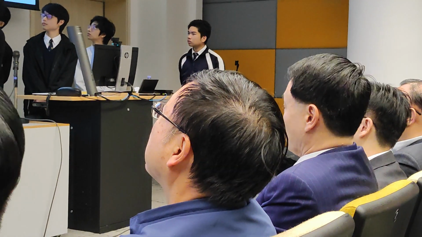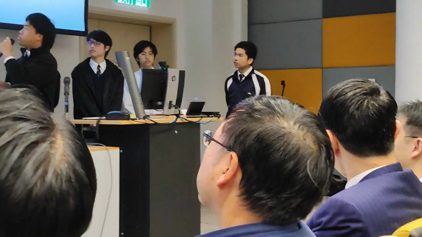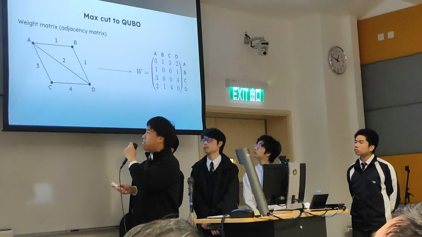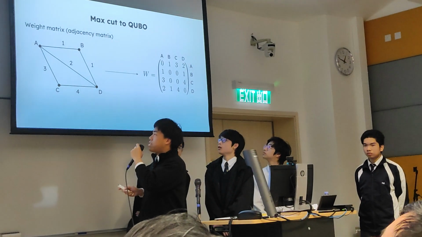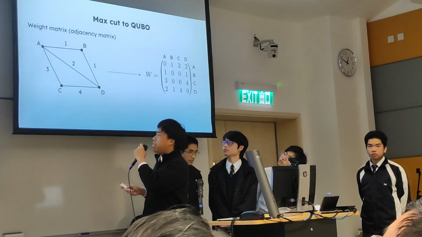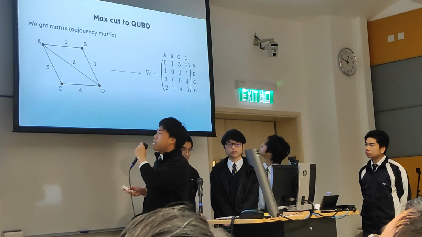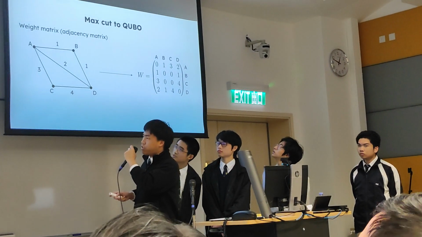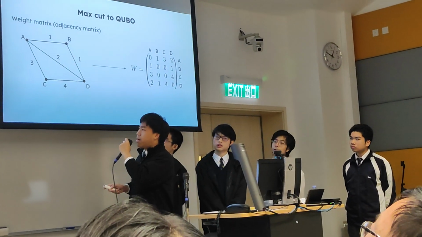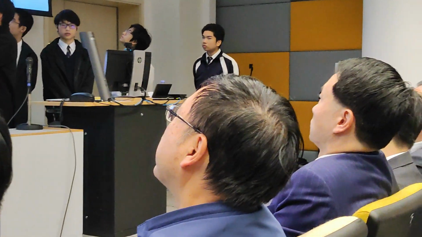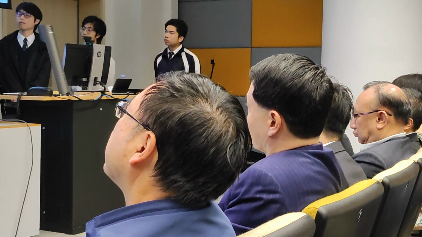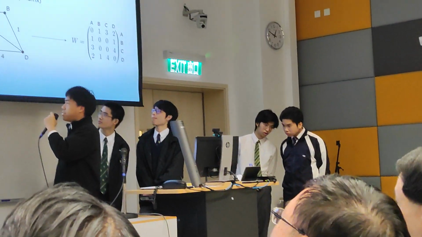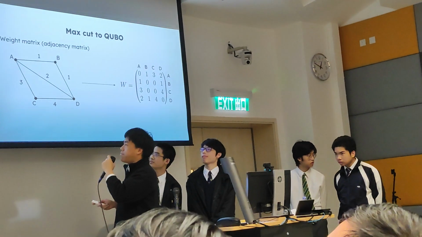So you can visualize each number of the matrix as the vertices A, B, C, D. For example, here we have a value of 1, which is connecting B and A, so that we know that in the graph, the edge connecting A and B has a weight value of 1, so here is a 1. And you will also notice that the diagonal of this weight matrix is all 0. It is because the vertices are not self-connected, so it has a value of